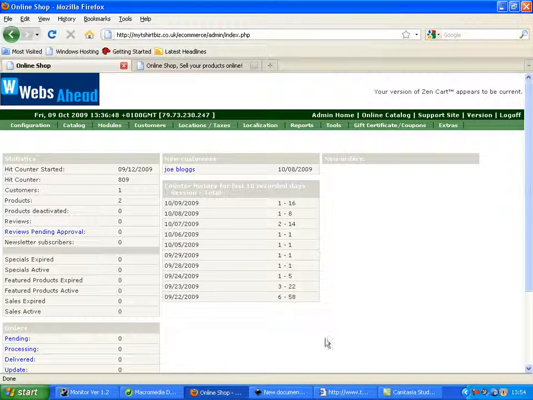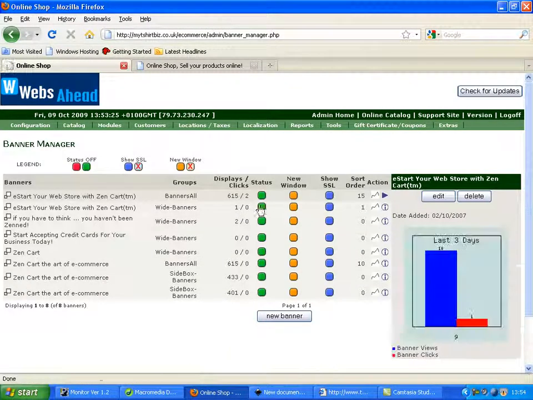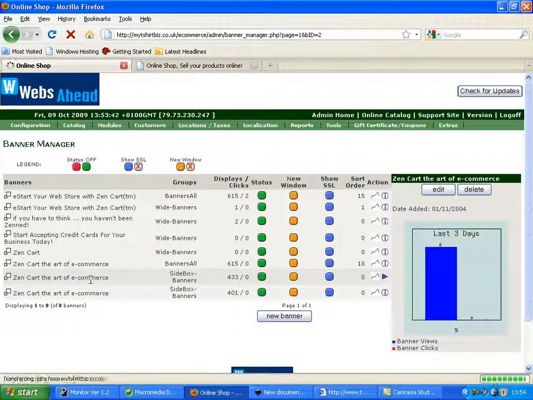So if we go back to the e-commerce control panel of your shop and go to Tools, Banner Manager. Now it's a bit of trial and error with these banners. We know it's a side banner, so that makes life a little bit easier. So it's a side box banner. So there's this one, this one, this one. I have found out by changing the images it is this one that is on the screen at the moment. So we click on that one there and we edit,